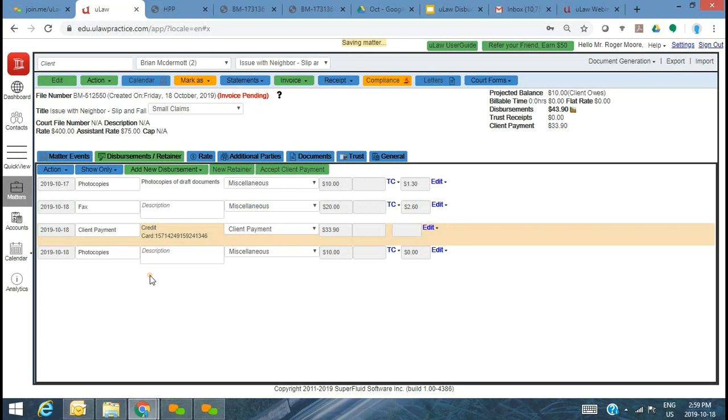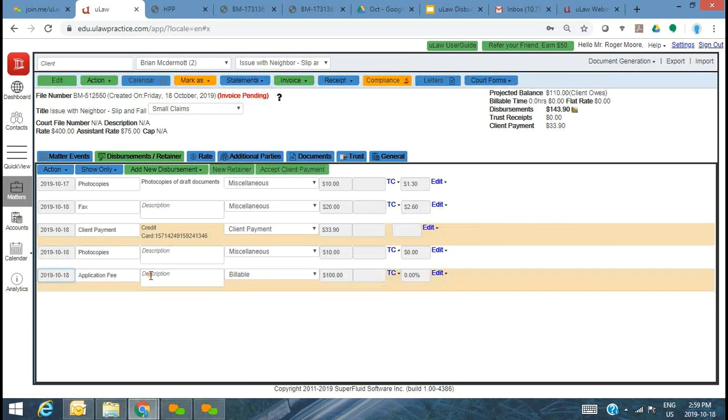So keep in mind that you first have the option between trust and general, and then comes the necessary details that you need to capture. And finally, depending on whether you use trust or general, you would have to generate an invoice. If it's trust, you're basically just paying from the trust account, so you don't have to recover it. If it's out of general, you generate the invoice, and you do have to explicitly ask for payment.